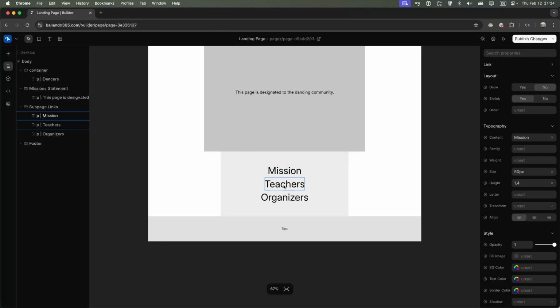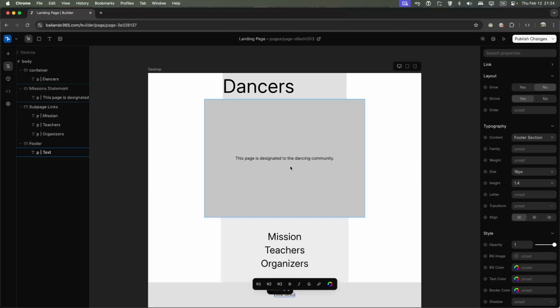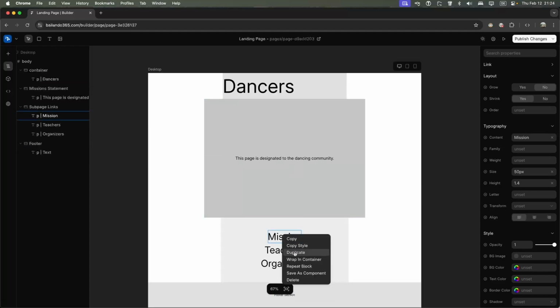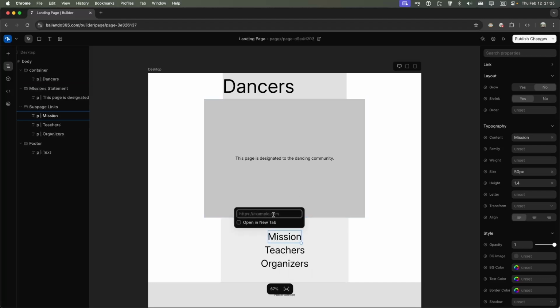Mission, gonna go back to that mission statement, teachers, organizers, that's good. This is still the footer. I'm gonna just add it here. Footer section to understand, good. Mission, we want to have this. https://bailando365 mission. Yeah, I'm just going to put it on mission just for the sake of